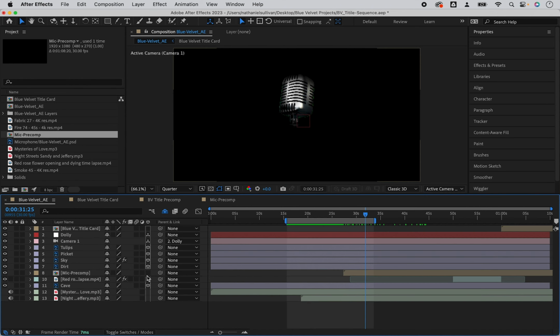Now I'll add some additional objects into the dark space between the ground and the cave. The two objects relate to the characters in the movie, a motif. One is a microphone representing the singer Dorothy Valens, played by Isabella Rossellini, and the other is a mask representing the villain, Frank Booth, played by Dennis Hopper.